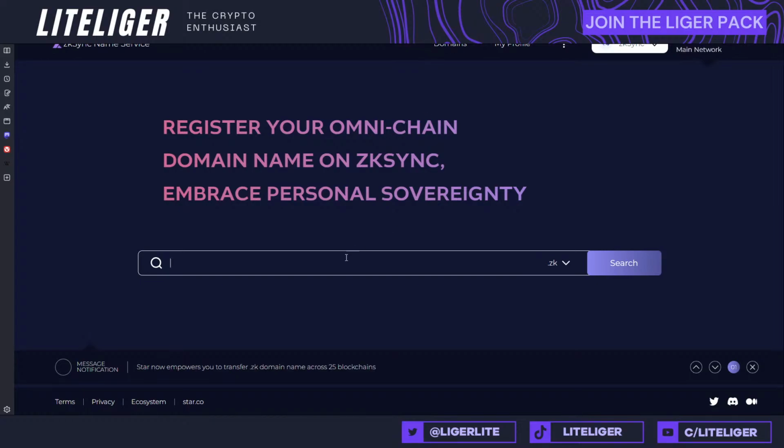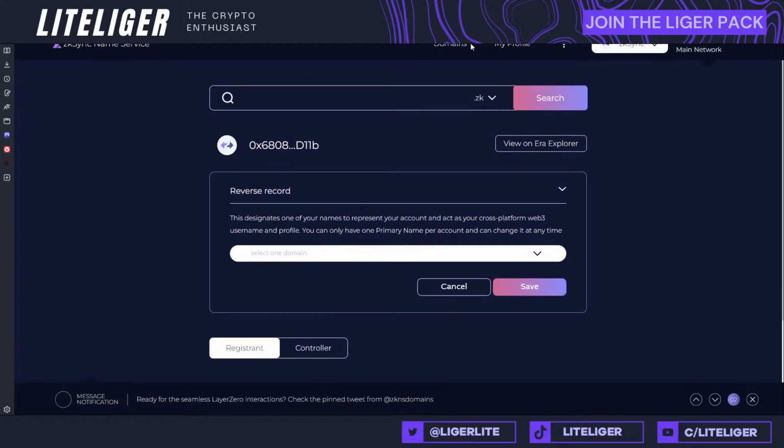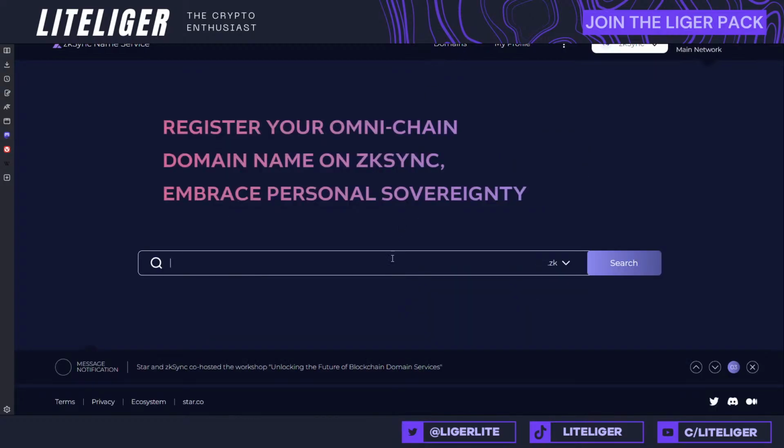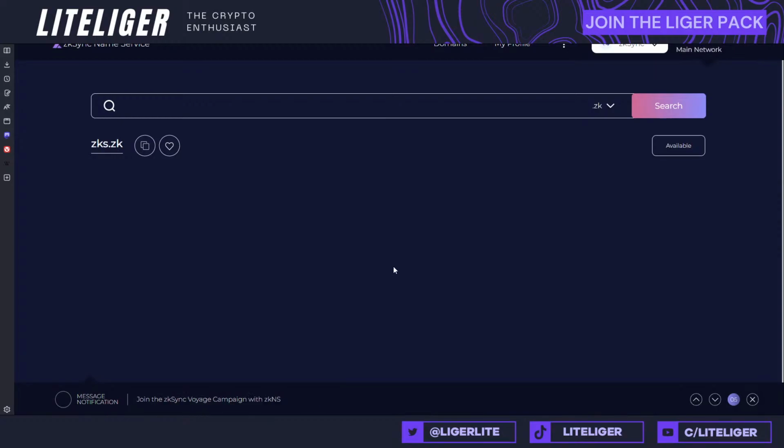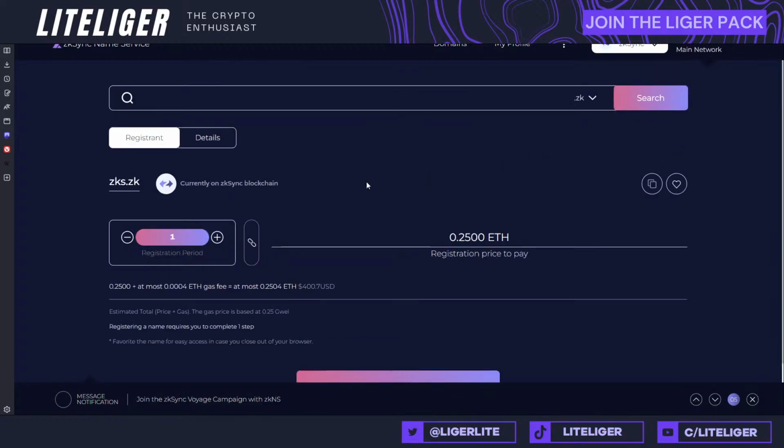And we are going to be doing search, so you can only do .zk domains, and we're going to be setting obviously a reverse domain because that's an extra transaction, and that's also probably going to be a big criteria. So the process is very simple. Let's say we're going to be doing ZKS, and this is available, and this is going to be costing 0.25 Ethereum. Now you're thinking, what the hell, guys? I'm not going to be paying $400. And that is because it's a low keyword domain.